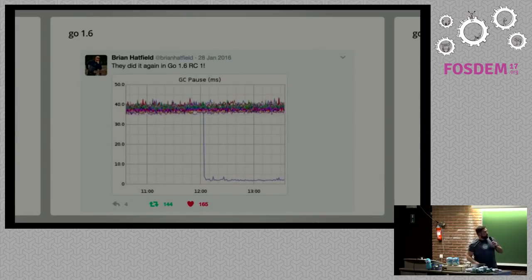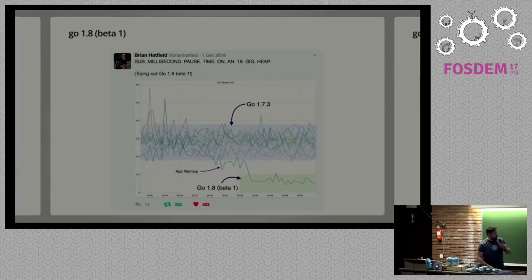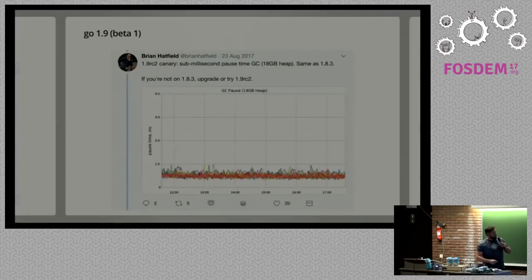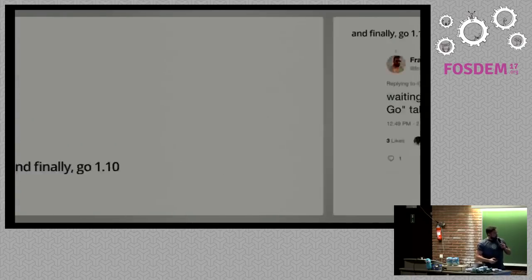Then, from Go 1.5 to Go 1.6, we went from 40 milliseconds to 4 milliseconds, which is pretty amazing. From Go 1.6 to 1.7, we went from around 3 to around 1 millisecond. Then to definitely under 1 millisecond all the time with Go 1.8. With Go 1.9, it stayed pretty much the same. And then with Go 1.10, I was like,